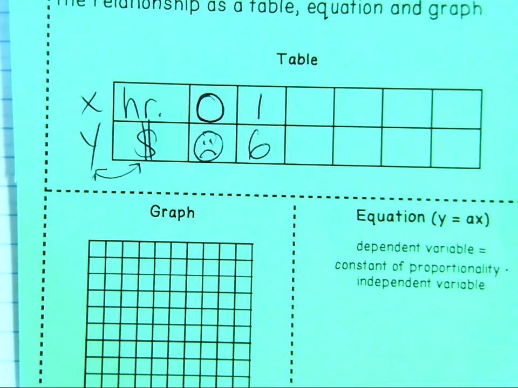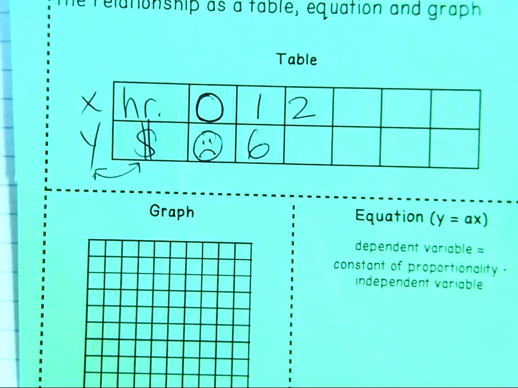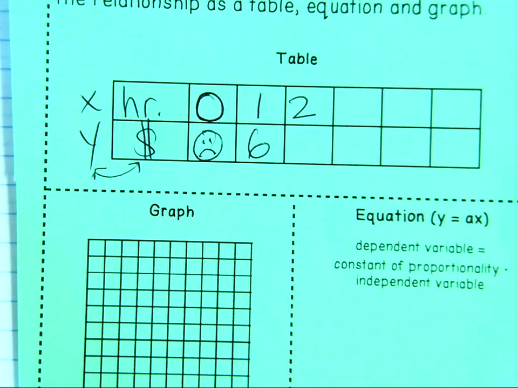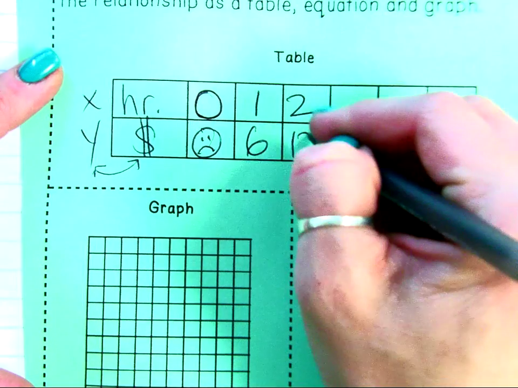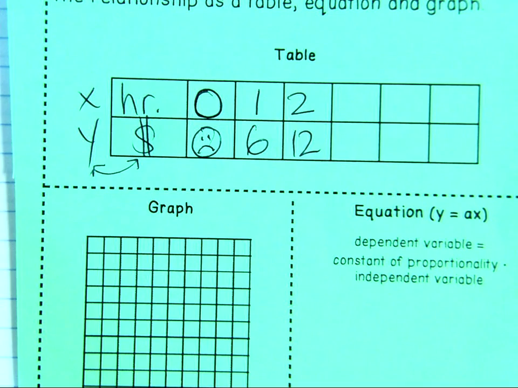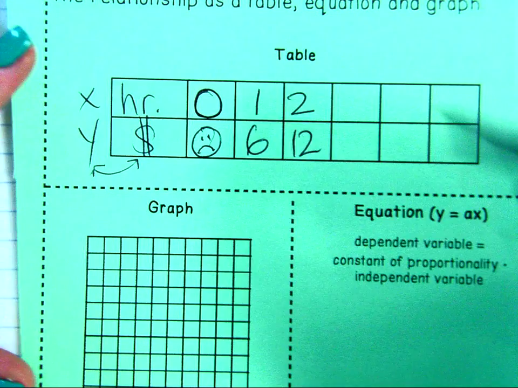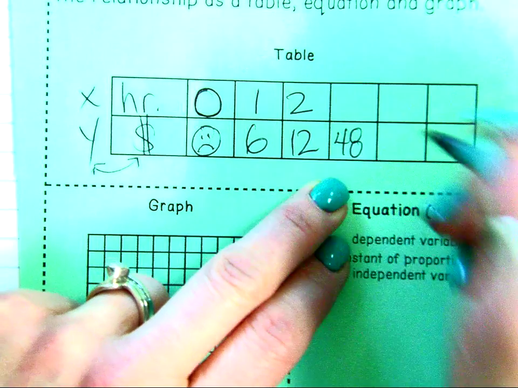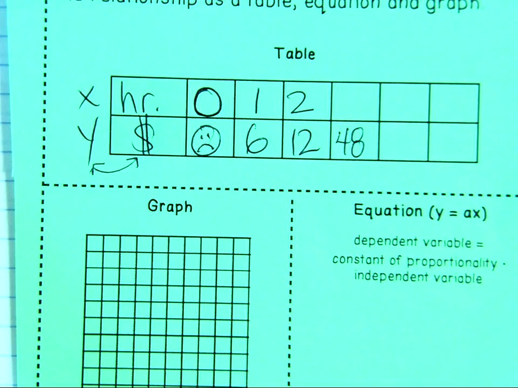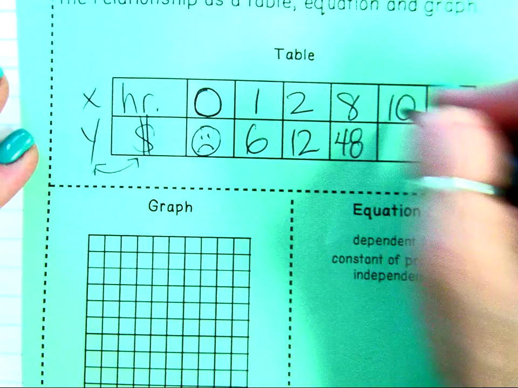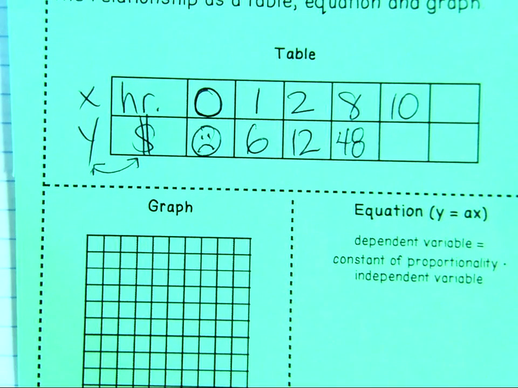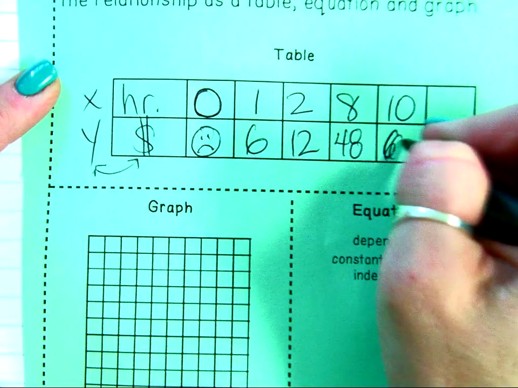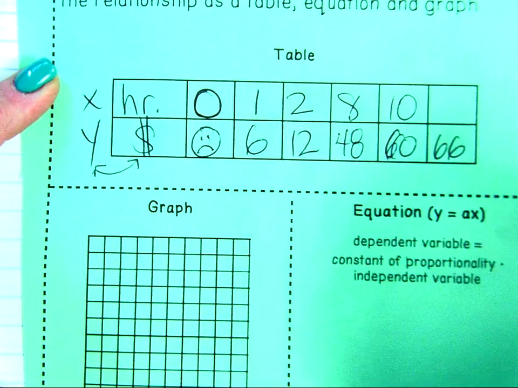And that means, common sense says, if she works 2 hours, she'll earn 12. Okay, stop right there though, because on the test Thursday, I'm not just going to give you all these. I might say, what if she works 40, or what if she earns $48? Oh, that must mean that she worked what? 8 hours. What if she works, that's why I said don't fill it in. What if she works 10? Then she's walking away with $60. And what if she has $66? She must have worked 11 hours.